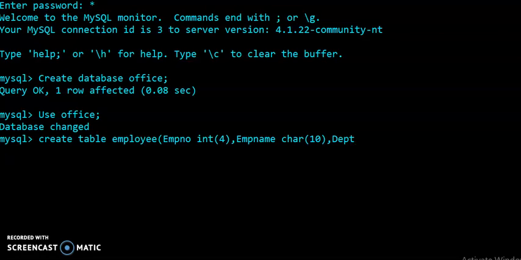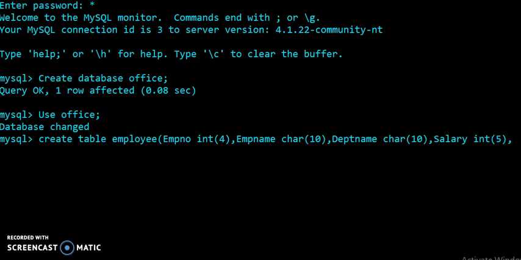So DEPT name, department name, I am using the department name column with the char data type, and the size of the DEPT name column I am setting at maximum 10. After that, the next column I am taking is salary, and for the salary column we have to set the data type int, and the size of the salary field is 5.